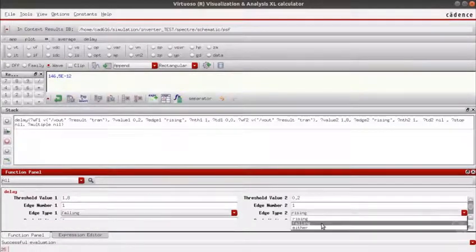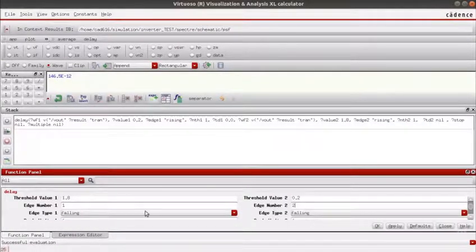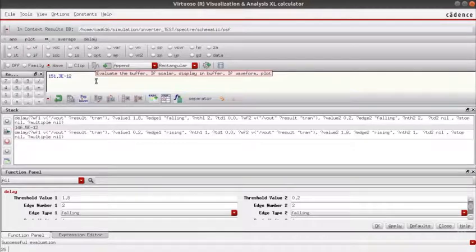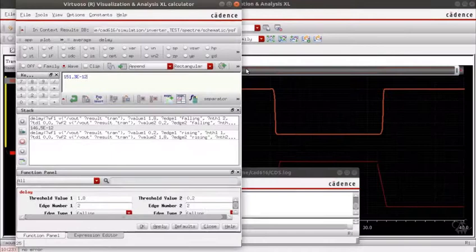Hit apply and so as you can see, the propagation delay from high to low is 151.3 picoseconds.